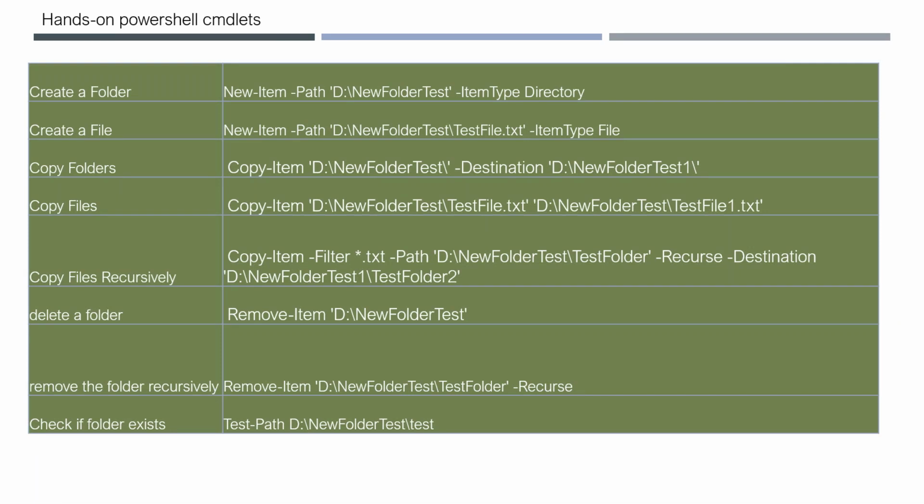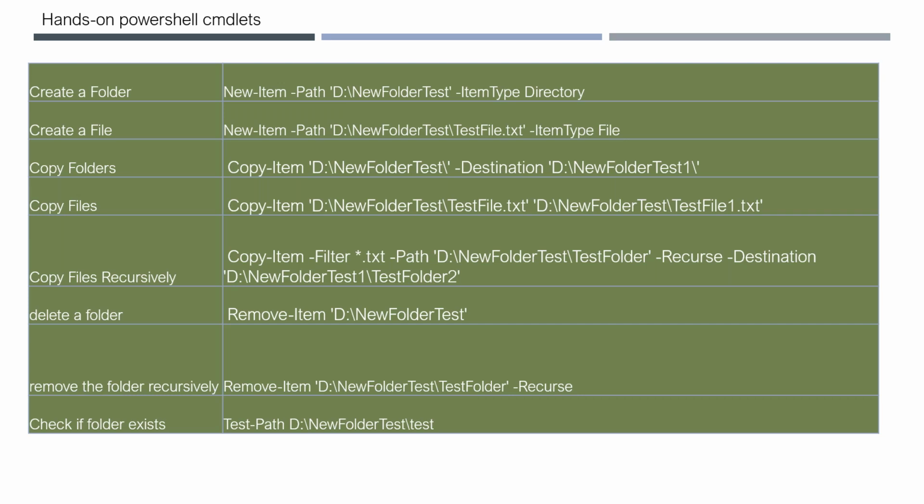And then, if you want to work on file systems, it's all about CRUD operations, right? You create folders, create files, delete, remove. Sometimes you check if the file exists or if the folder exists, and then you append the content, you write the content, you do so many things on the file system. So whatever you do manually, all those things are available here.